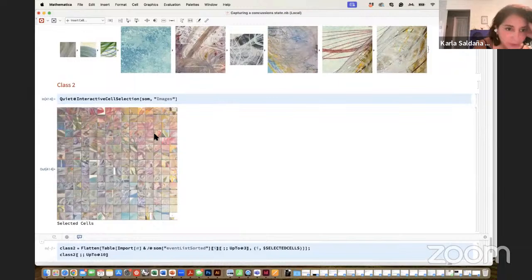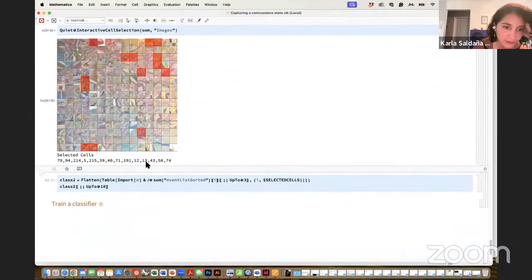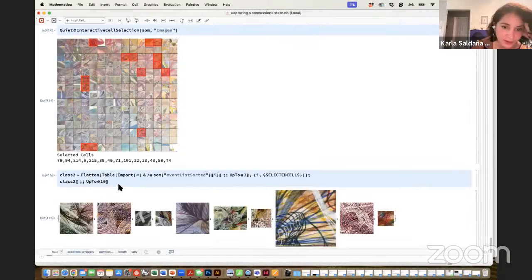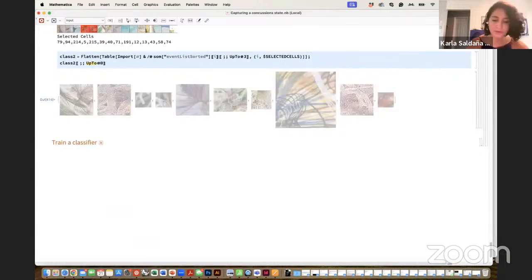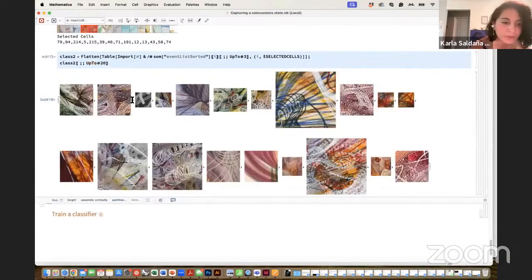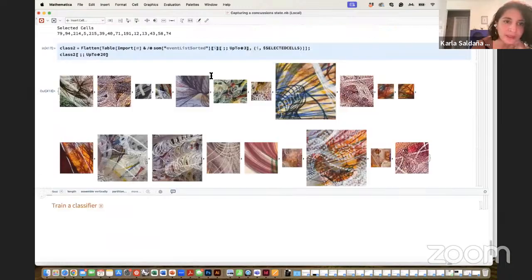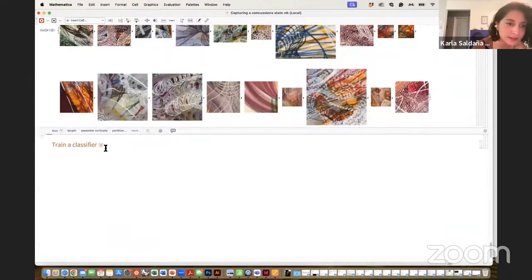In this grid, we can now select what we think is excitement, or how we can describe, or how we can project this idea of excite on a data set. I'm going to select a few of these just so we get it. As I said, you will do this with more time and less rush, so I can show you the output. For me, these are images that I consider to be exciting, and I can show more. Right, so how do we make use of these two data sets that we just created?